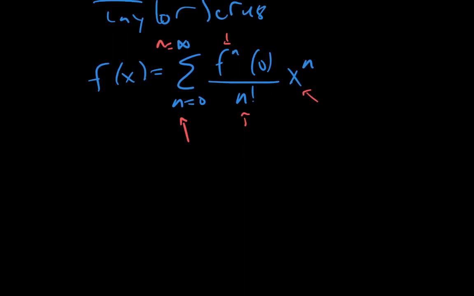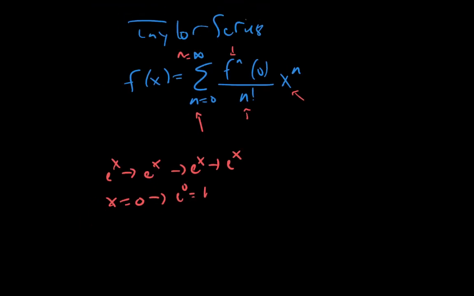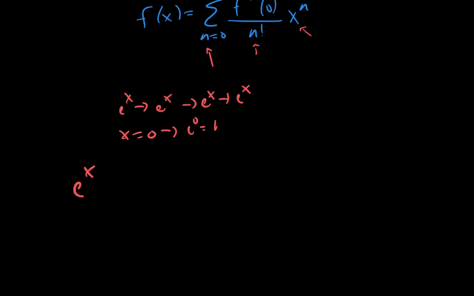So if we want to do, say, e to the x, this is infinitely differentiable, and it will always give e to the x. It will never give anything different. At x equals 0, we plug in e to the 0, which is just 1. So all points will be 1. So this Taylor series will become this infinite sum of this, which would look like